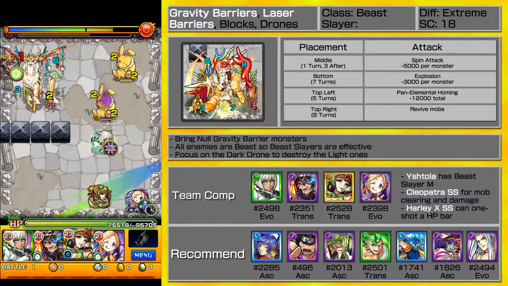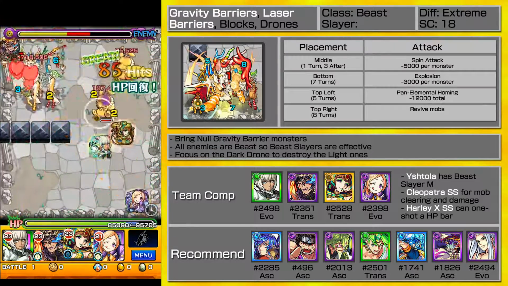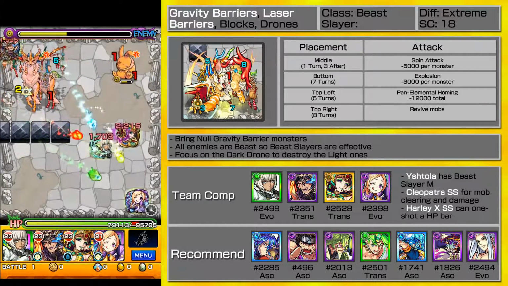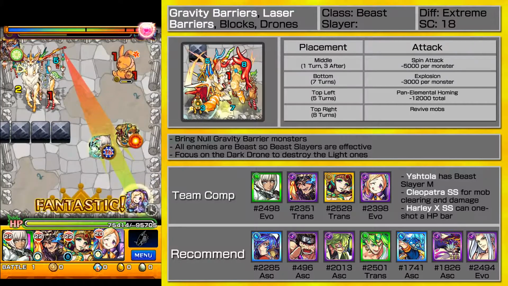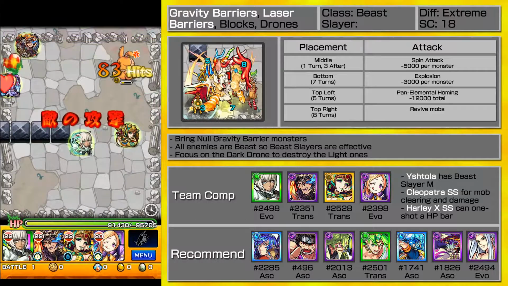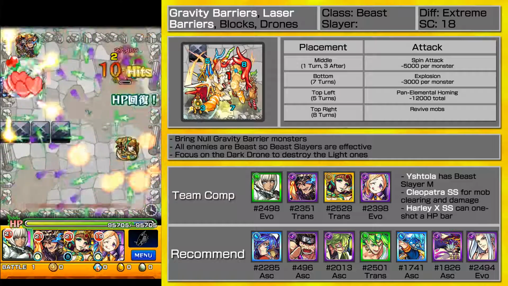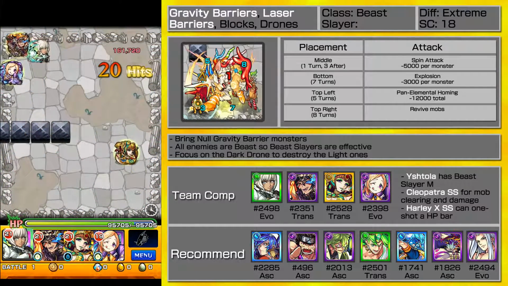The bunnies also do a lot of damage if you keep them alive, so you want some mob clearing in a sense. Cleopatra is good for the recovery because you can be here for a relatively long time. And then Pandora and Harley X are for the damage sources. And of course, Harley X is a no block as well. There is some gravity barrier, so that's why I kind of stacked with no gravity barrier monsters. But you can totally go with